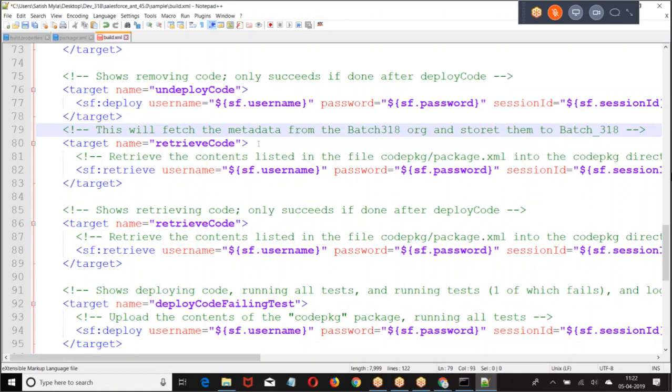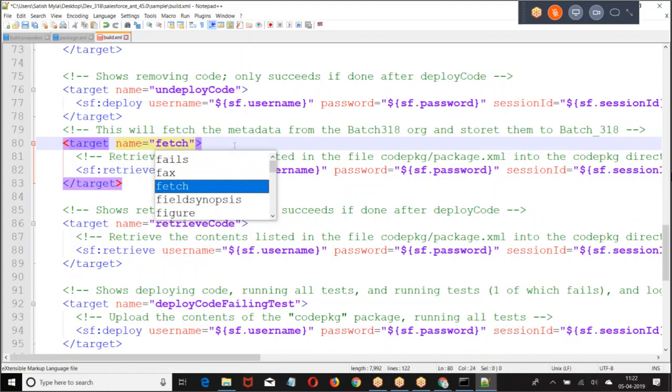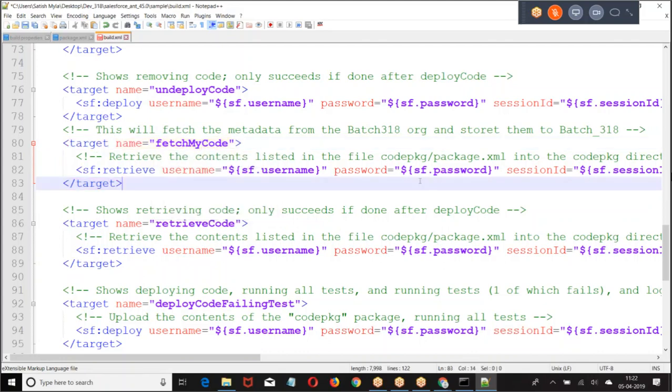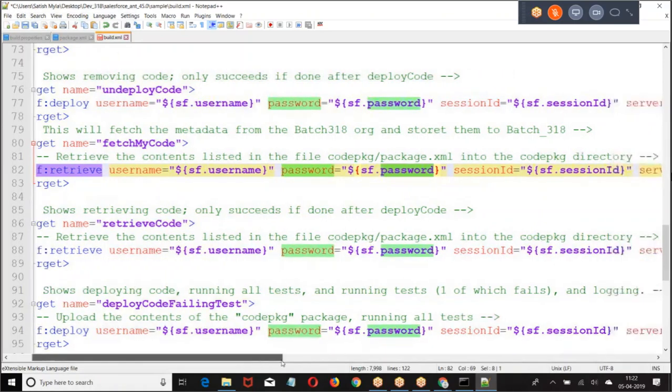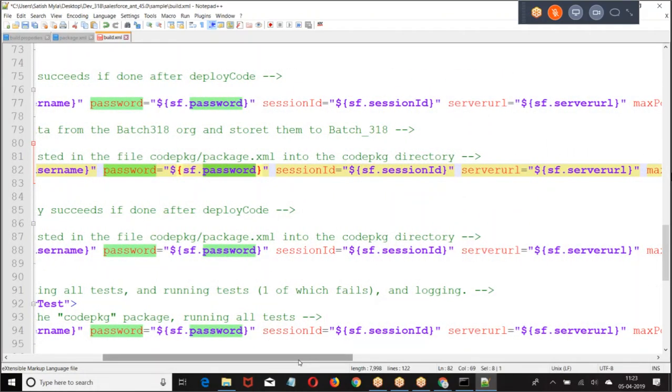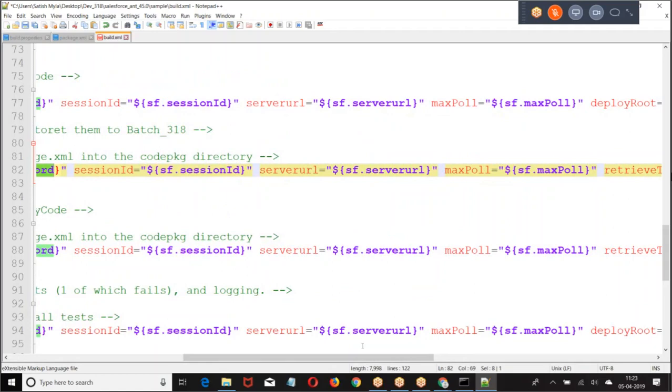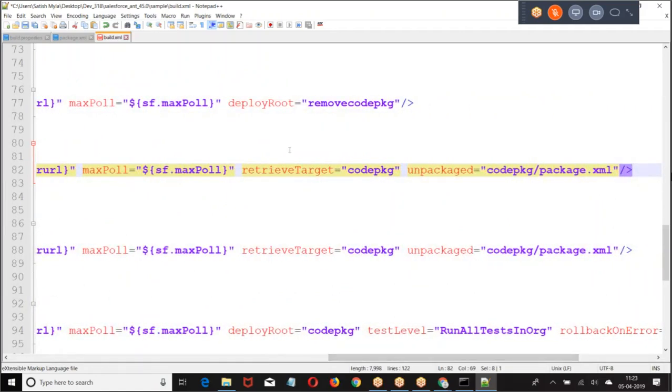Now, I am giving here fetch my code, username from build.properties, password from build.properties, session ID from build.properties, server URL from build.properties, max poll from build.properties. Retrieve target. When you say retrieve target, it is the name of the folder into which you want to retrieve. Batch 318. Now this is the path. Build.xml and batch 318 both are at the same location.